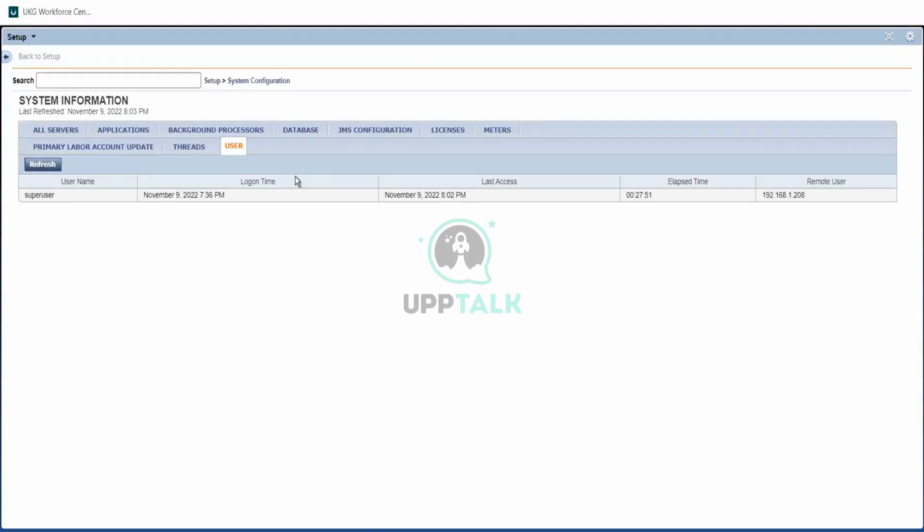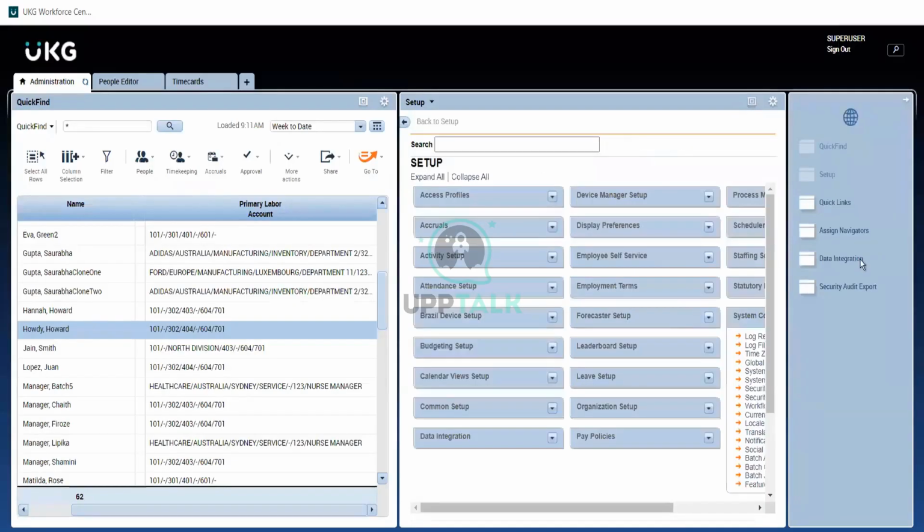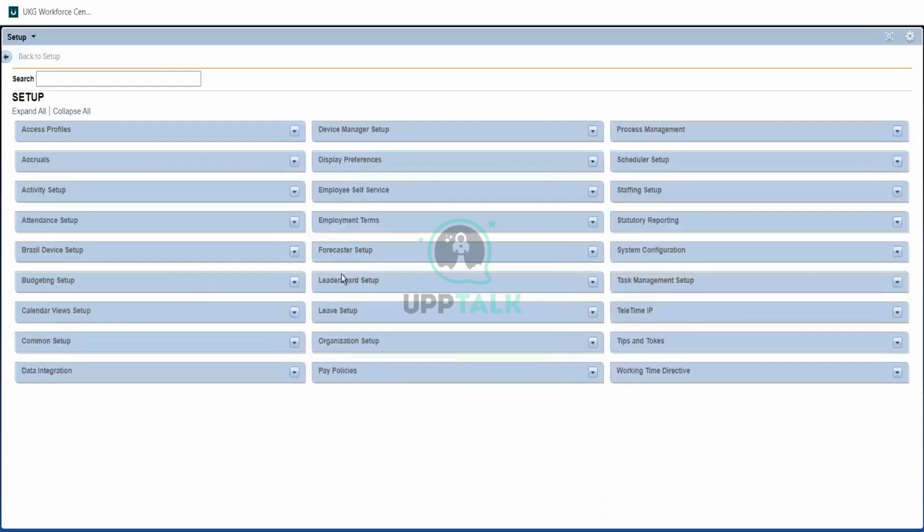The project depends on the client's timeline and the number of modules they are going to implement. Some clients will have a simplified setup. There are even more modules compared to this. There will be budgeting and everything, but mostly clients will be using pay policies, organization setup, and scheduling. So it depends on the employee count. If a company has maybe 15,000 employees,